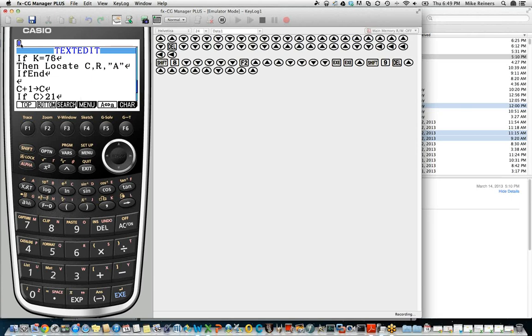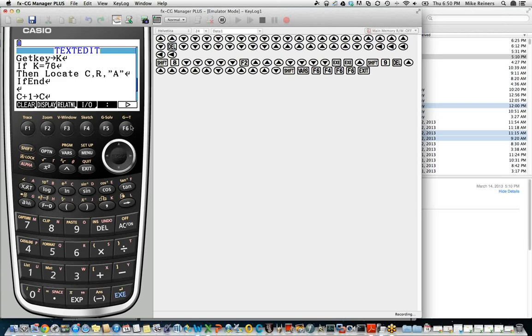Now what's happened is that this first if statement we had for pressing the key for the letter A, that first statement now is only a single command coming after the if statement. And you need to watch for this in your code. Anytime that you have an if statement that only has one consequence, you really shouldn't be using an if statement. You should be using a conditional arrow. And what I mean by the conditional arrow is in Shift Program and in the Jump menu.